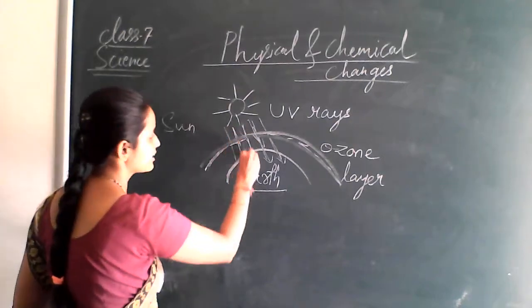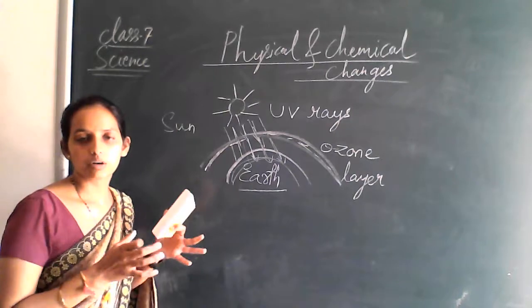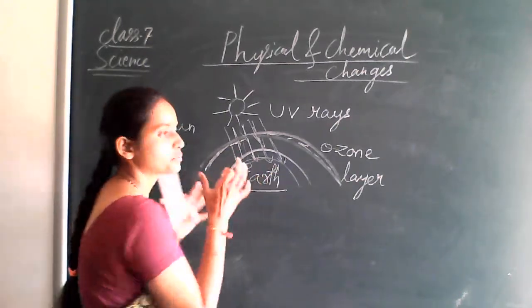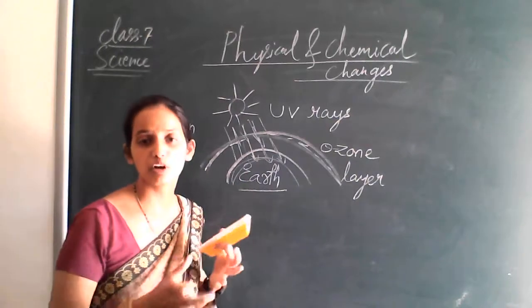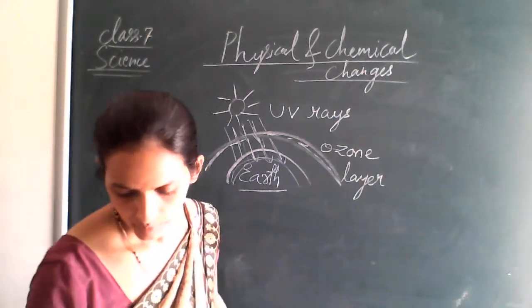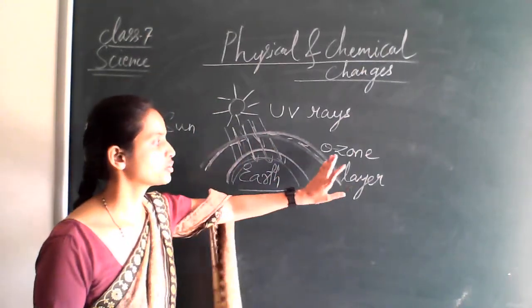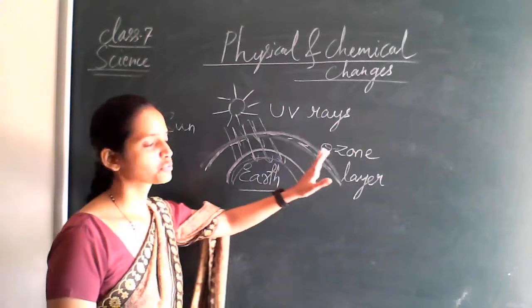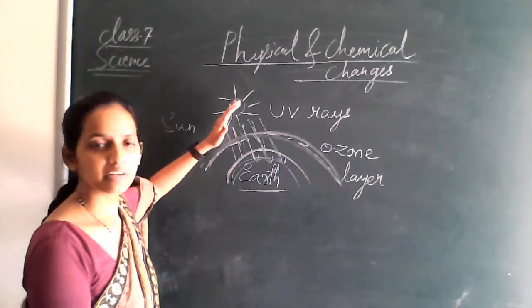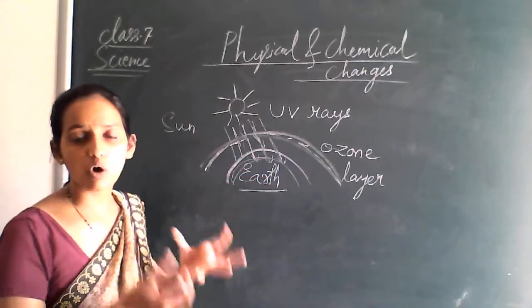If it is directly falling on the earth, what happens? Your earth will become hot, right? You cannot bear that much temperature. So the protective shield, the protective covering, is your ozone layer. Otherwise, if this layer is not present, the direct rays of the sun will fall on the earth and the hotness of the earth